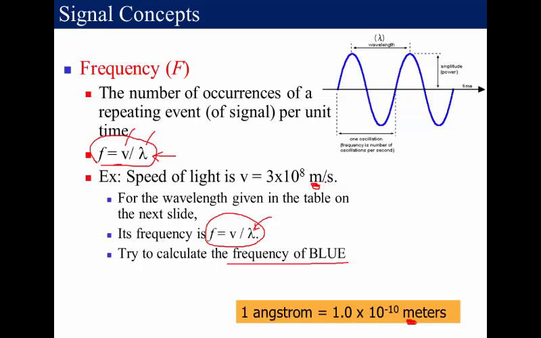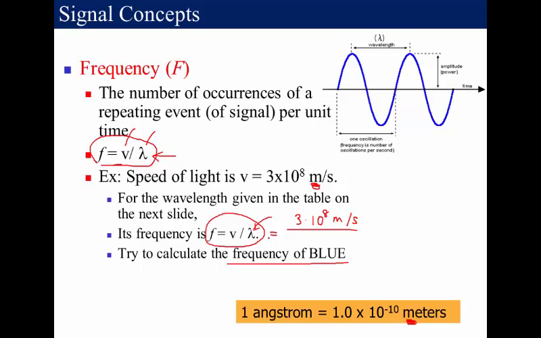If we have a per second, then that is the frequency, right? How many occurrences per second. So that is the frequency. So we can see it quickly, right? So according to this, what happens? 3 times 10 to the power 8 meter per second,